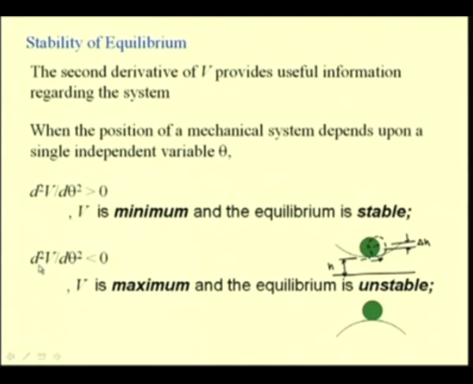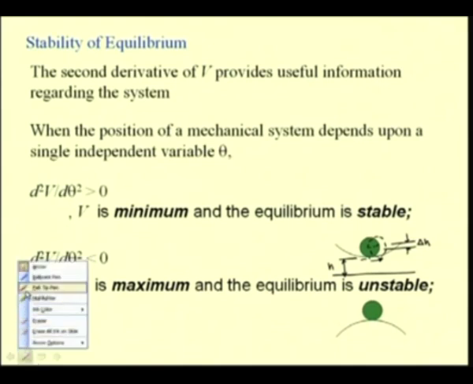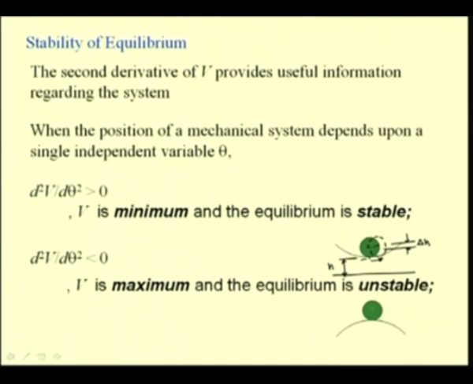If the sign of this quantity, d square v by d theta square, is negative, that is, less than 0, then v is maximum and the equilibrium is unstable. This is depicted by a sphere situated on a surface, but for this position the sphere is in equilibrium,